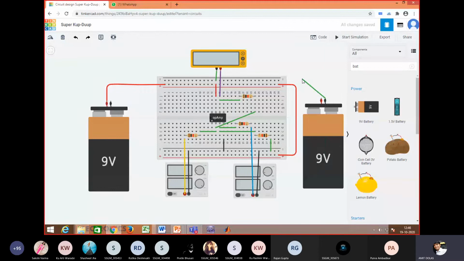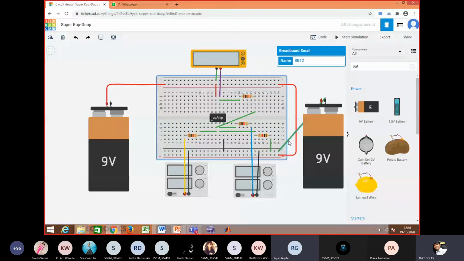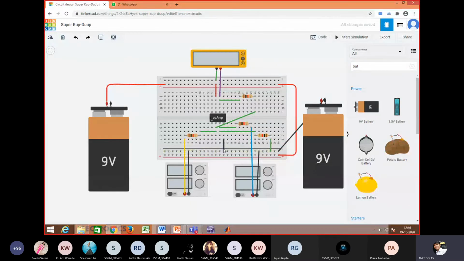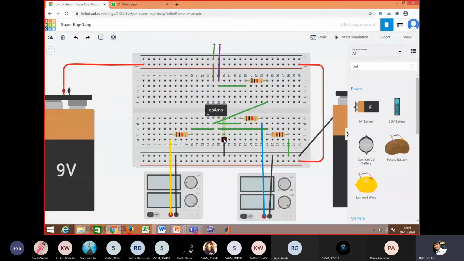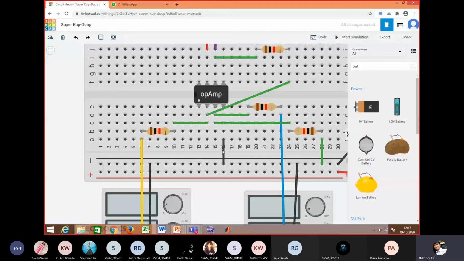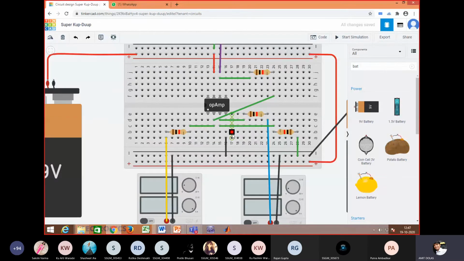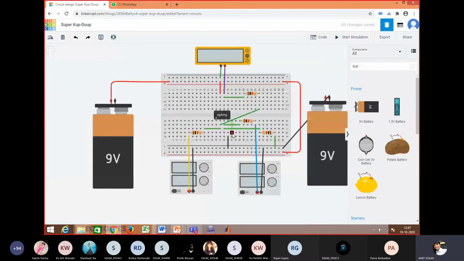I'll connect it somewhere here. So this is negative. Okay, we have to make several changes here. Negative, I'll use black color, and you can see this negative through this wire is connected to the minus terminal, that is pin number 4, minus power to the IC. Now you have positive and negative connected.